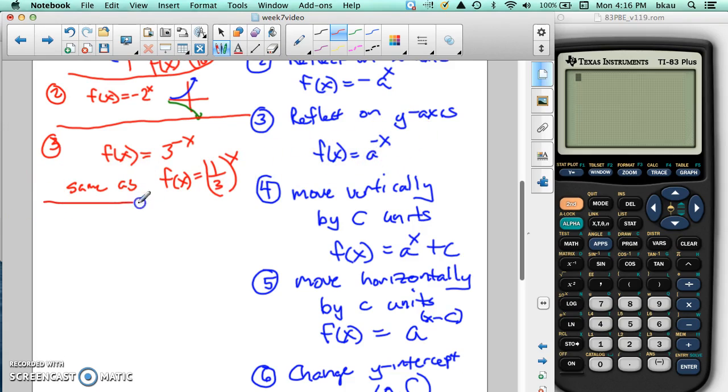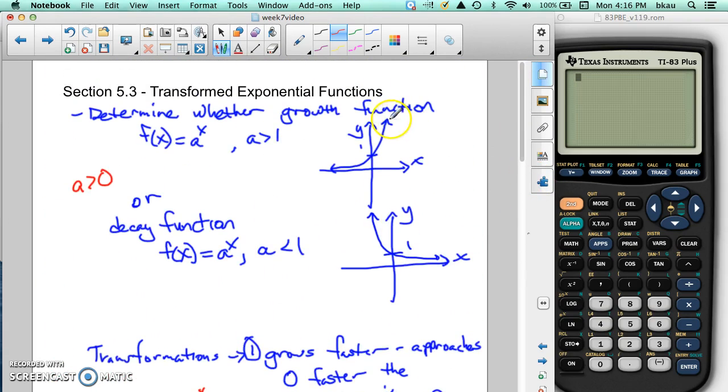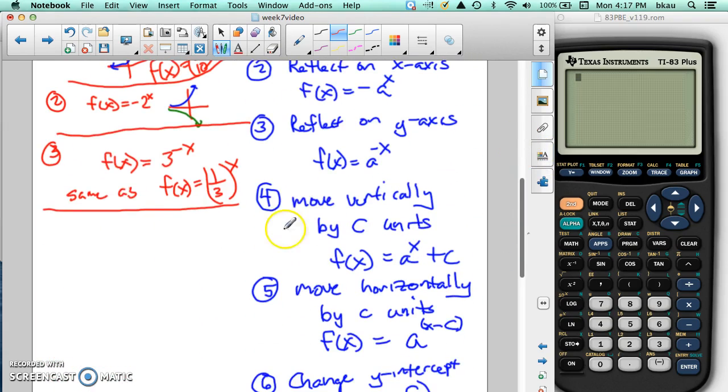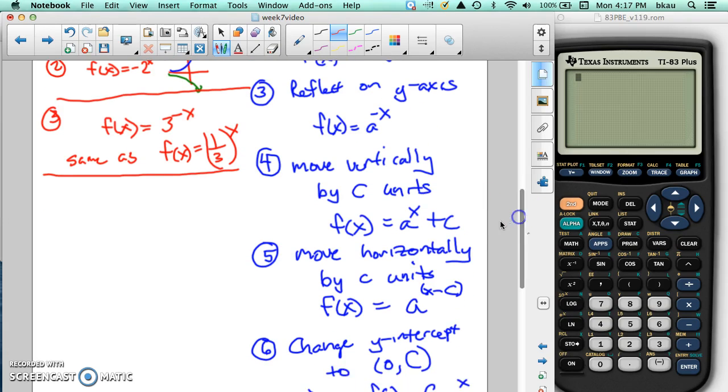So on number 3, when you do that, it causes this reflection, which we normally say goes from growth to decay or vice versa. So if we started with this one and we put a negative exponent on it, it would become the reciprocal to the x because anything to the negative power is a reciprocal in terms of an exponent. So that's the note there. So that just causes it to flip from growth to decay. All right,